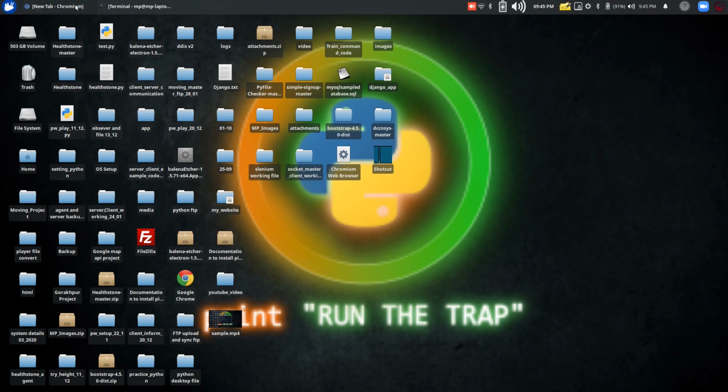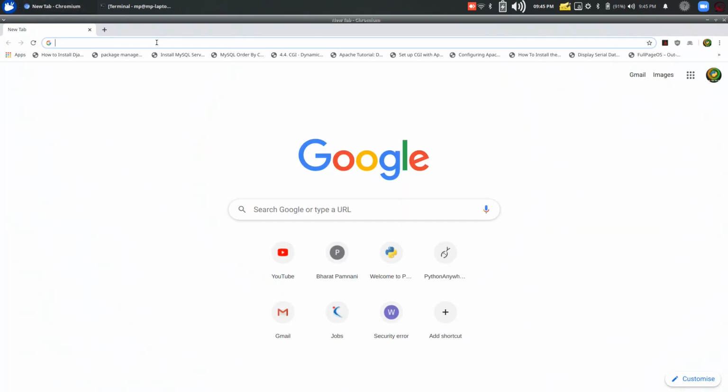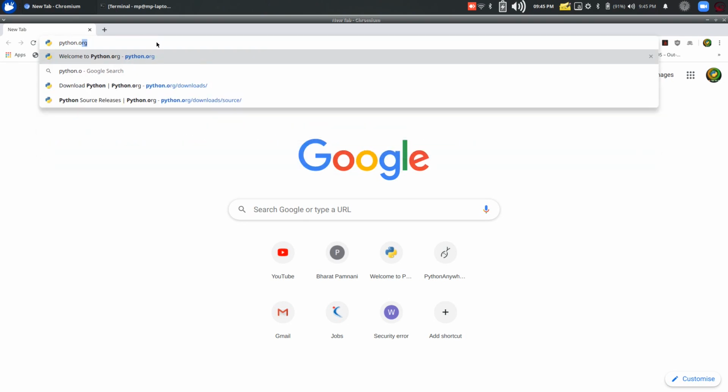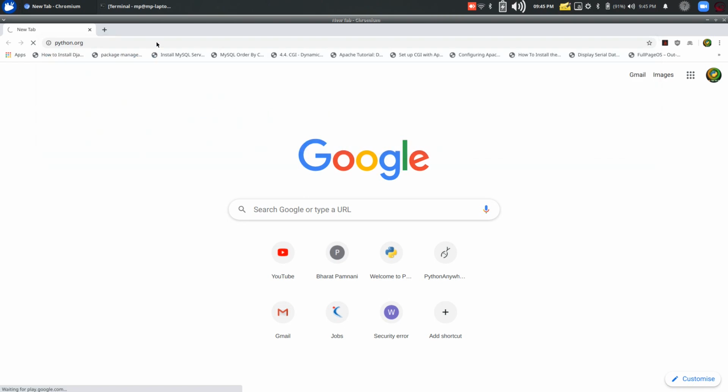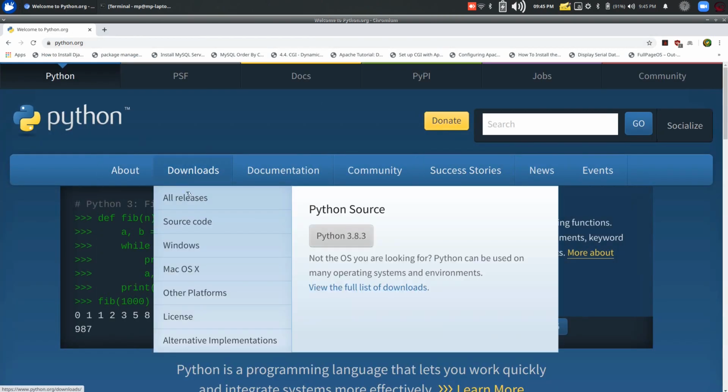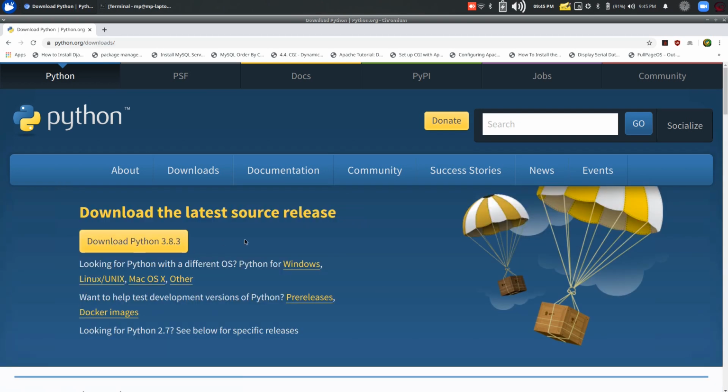First of all, you need to visit the Python official website, python.org. From here in downloads, you can download directly for Windows, and if you are using Linux or Ubuntu or any other Debian, you can visit here.